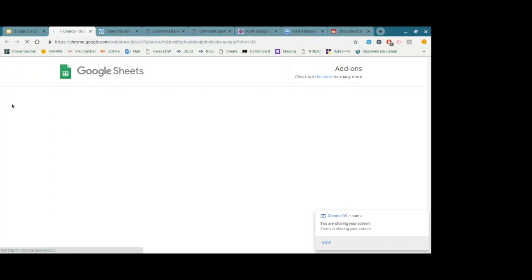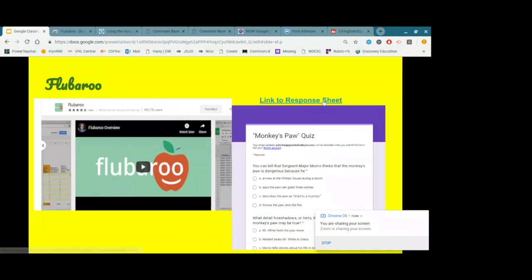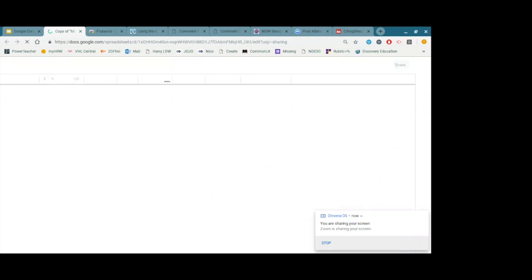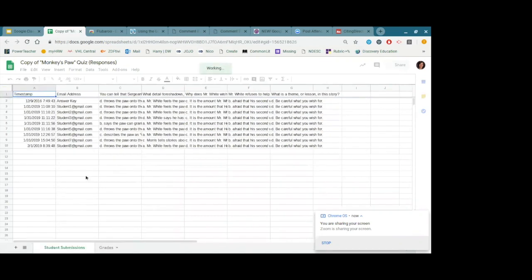It's super simple. All you have to do is you click on add-ons and find the extension, and then you find Flubaroo. And what Flubaroo does, it links to actually your response sheet. And whenever you have a quiz like the one I just showed you of the monkey's paw, you get a response sheet list. And what I do is I go through it myself and I submit it as the answer key. And once it loads here,